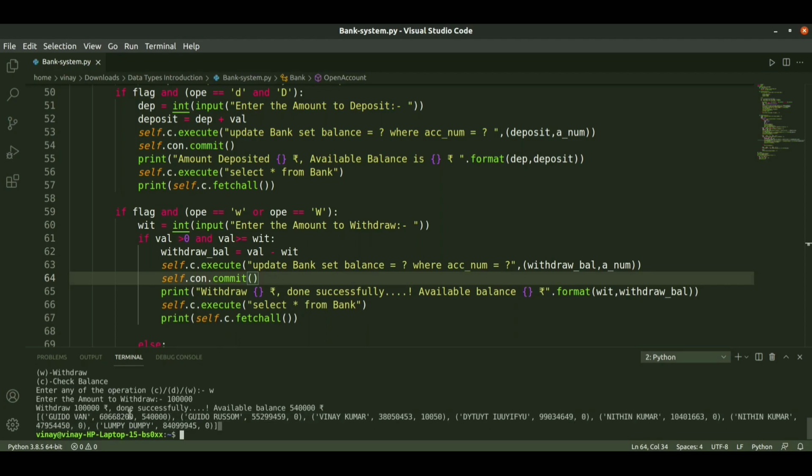In this data we observe that our record is updated, and now I try to withdraw more than the balance, so it should show that there is low balance.